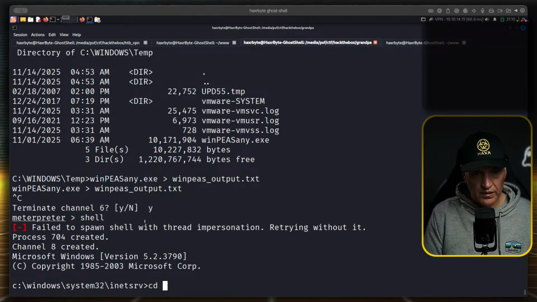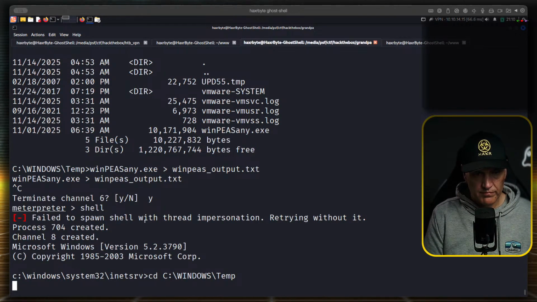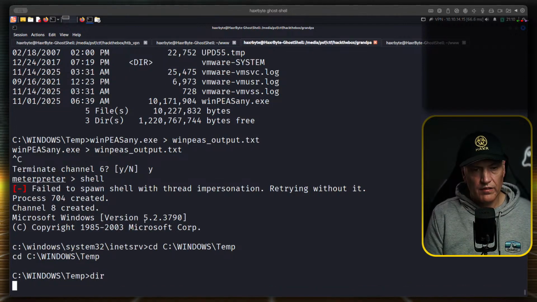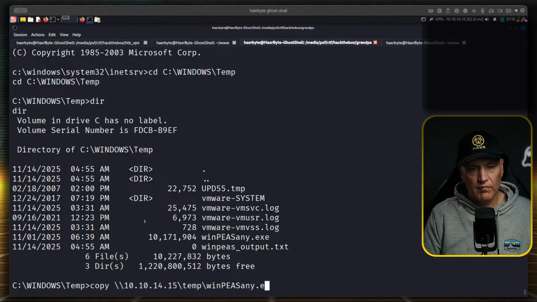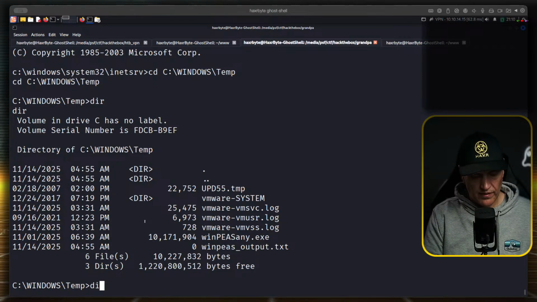So it's cd, Windows, capital, temp. It was there, come on. 10.10.14.15 temp.